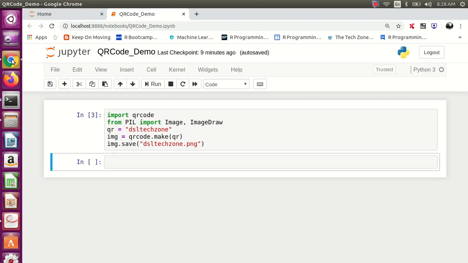Simply once again see the simple code here. In the first two lines we have imported the required library. In the third line we have created one variable in which we store the information for the QR code. Then we have created one object of image, qrcode dot make. We are passing that variable value to the make function. And then the last one, we are creating the image of our QR code, whatever the information we have stored, and this QR code will be generated. So this is a simple code for understanding how to create a simple QR code.